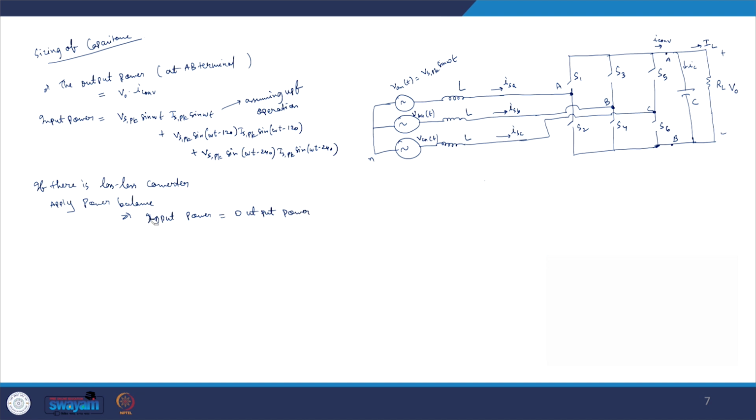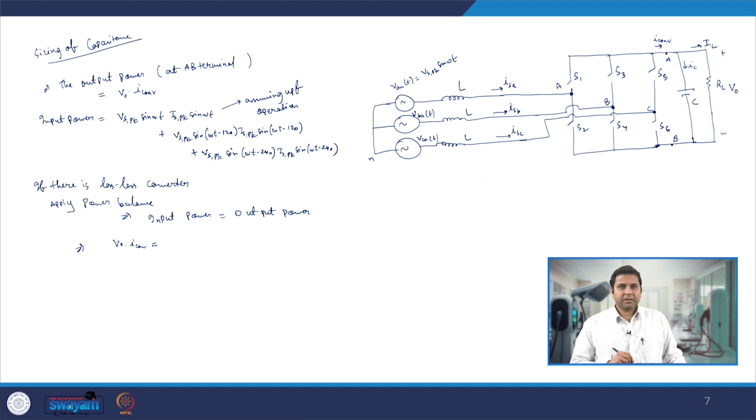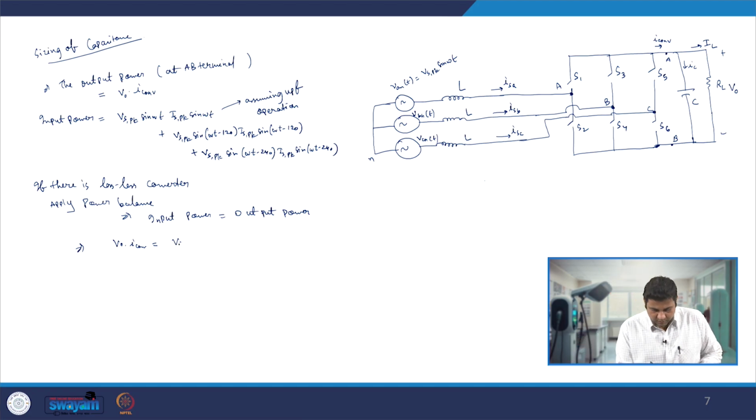Obviously we are saying this instantaneously as well as the average power, and that's when we can say that V naught times I converter is nothing but equal to Vs peak sin omega t, Is peak sin omega t